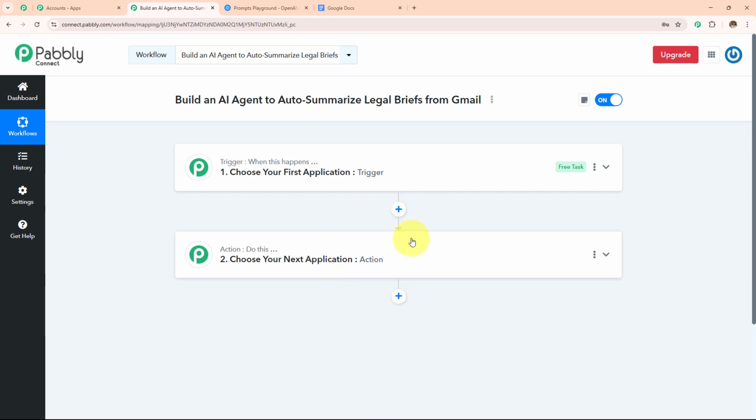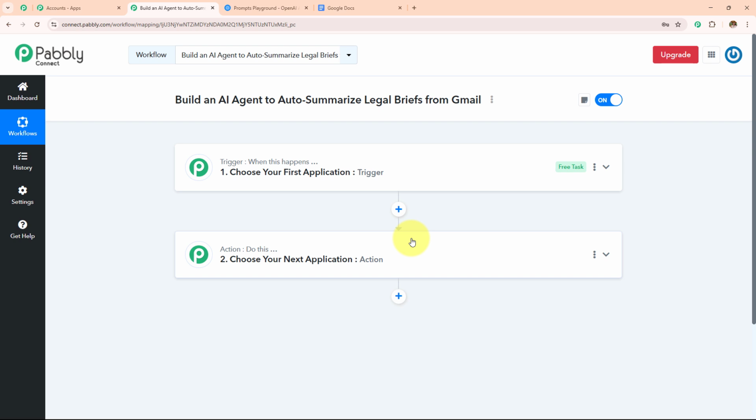So trigger is basically an event which starts the automation of a workflow. There can be only one trigger step in a workflow but as many action steps as you want. Here in this workflow, I want to build an AI agent to auto-summarize legal briefs from Gmail, which means whenever I receive a new mail in my Gmail, I'm automatically going to create a summary of this legal brief and then I'm going to create a Google document for easy analysis.